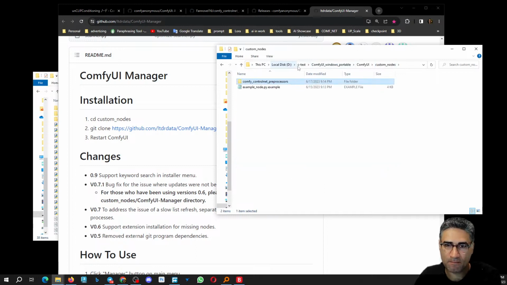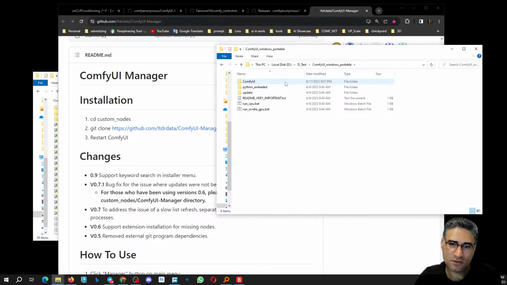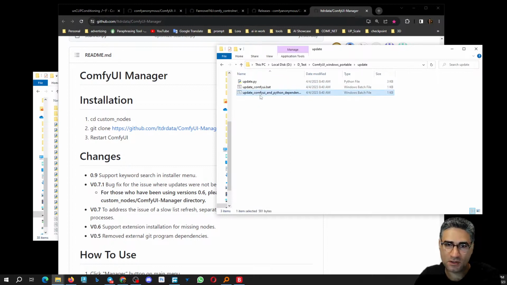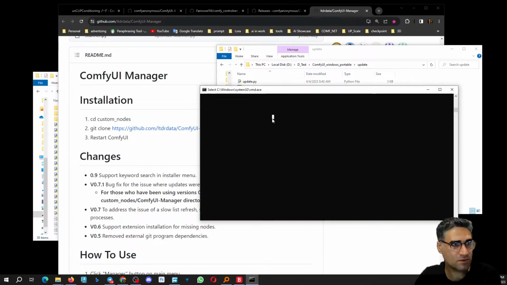It had problem with the last version, but with one version before it was worked correctly. And also if I update the Python dependency,